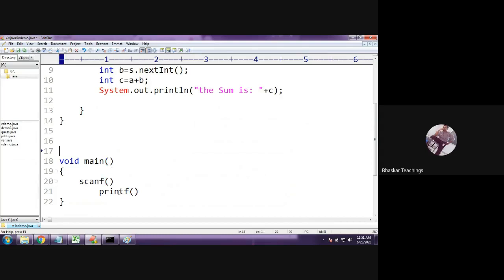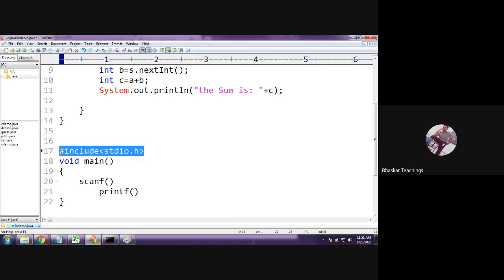You used to add a header file to it, right? Header file: #include <stdio.h>. What does that mean? That means scanf and printf don't belong to our program. Scanf and printf functions belong to some other header file. So if you use scanf or printf, if you use any of these functions, you should include that header file in our program. That is the meaning of this line.